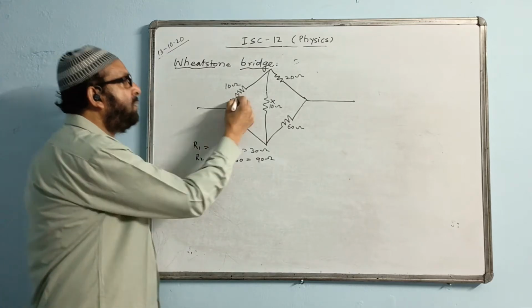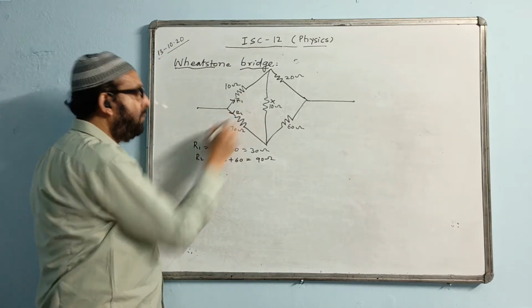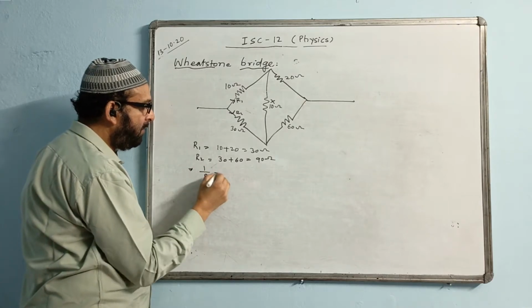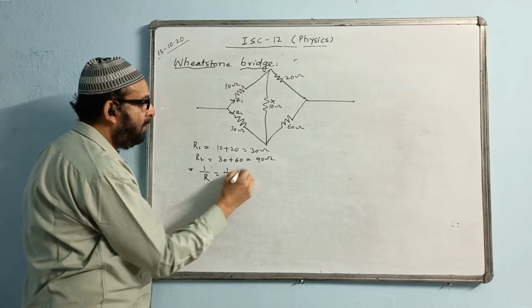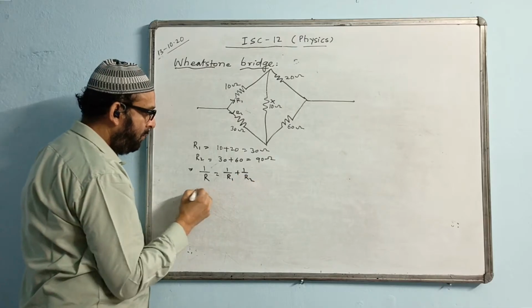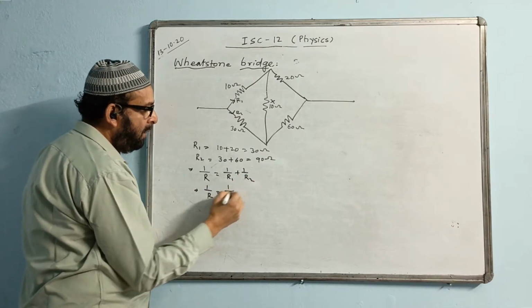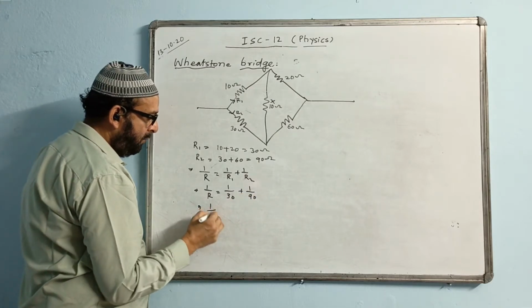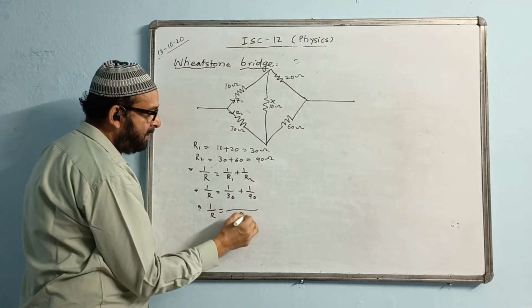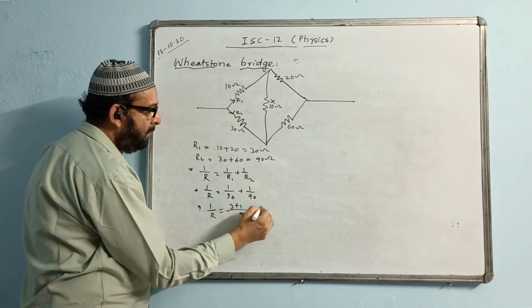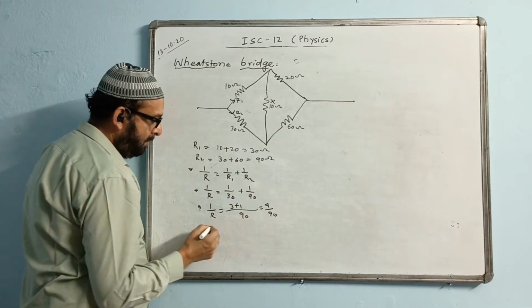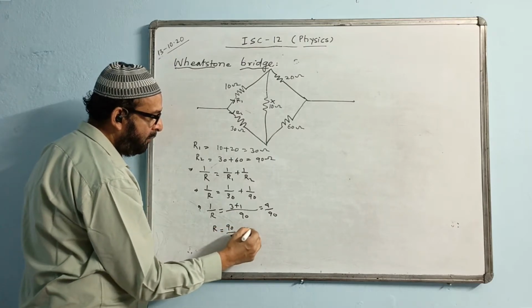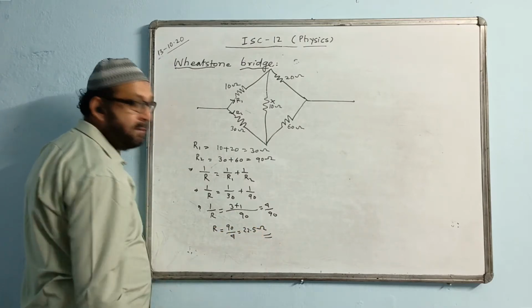Now R1 and R2, these two are two branches, right? These two branches are in parallel, so now I will be using the formula of parallel. Then 1 by R is equal to 1 by R1 plus 1 by R2. So that means 1 by R, R1 is 30, R2 is 90. Now we carry on with this and find the answer. 90 is the LCM, you get 3 plus 1, 4 by 90. Therefore the R value will come 90 by 4, dividing it, you get 22.5 ohm.